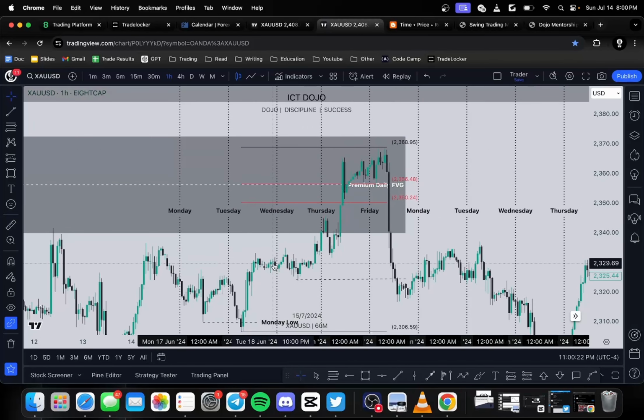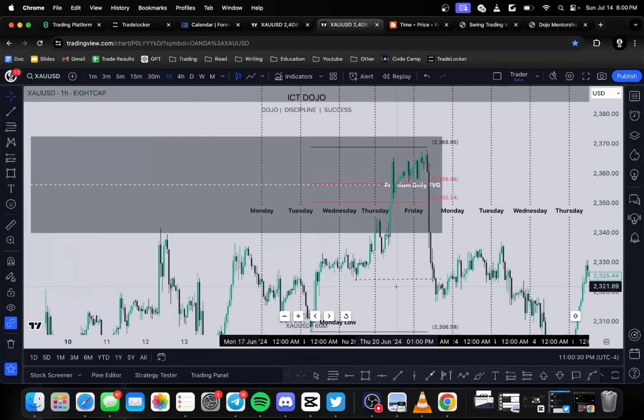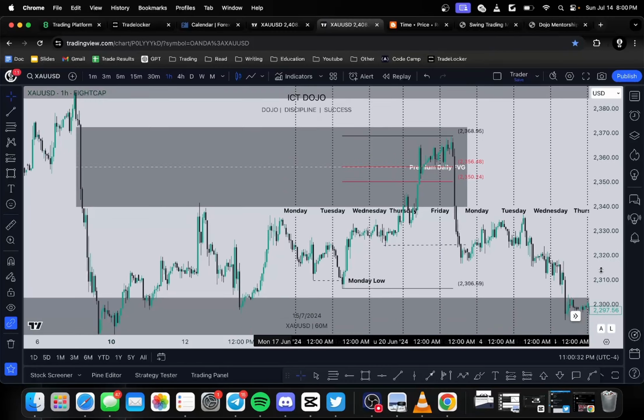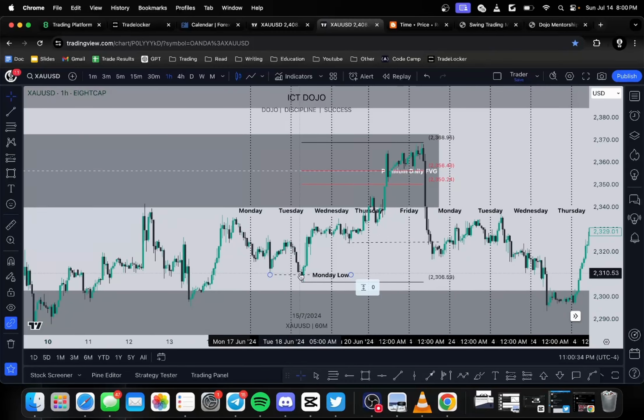So you can see that TGIF would have gotten you that sell from the top. You just trade this order block. Boom. You get that weekly range. But that's not important. What's important is understanding and being able to execute based off of the first few days